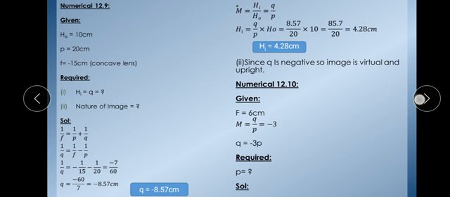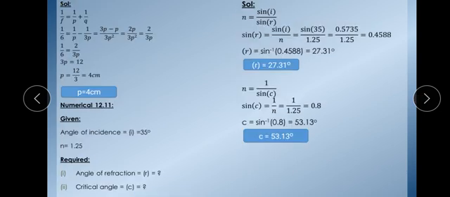For this purpose, we will use the same lens formula. 1 over f is equal to 1 over p plus 1 over q. We will put the values in the next step. 1 over 6, the value of focal length, is equal to 1 over p minus 1 over 3p, as we have already discussed. We will take the common factor as p will be multiplied with 3p. It will become 3 minus 1 over 3p, which will become 2p by 3p square, and it will be equal to, p and p, one p will be cancelled with p square.